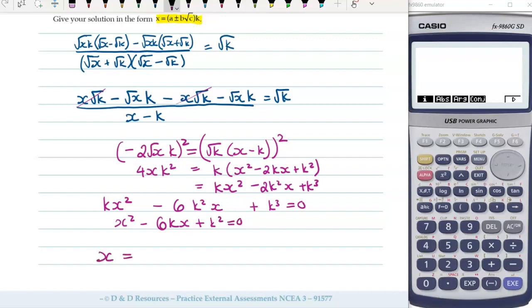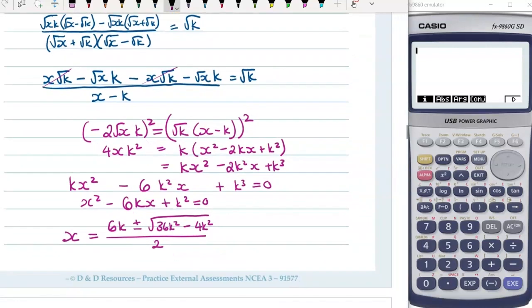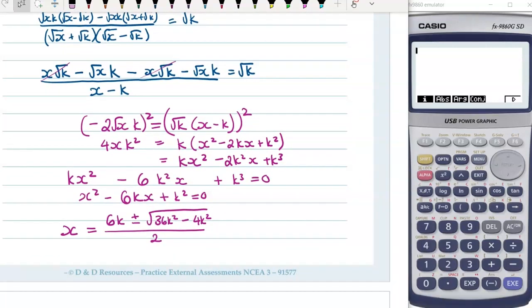Now x will be equal to, using the quadratic formula, minus b, which is 6k, plus or minus the square root of b squared, so that will be 36k squared, minus 4 times a times c, so that's 4k squared. So this now becomes, and that's all over 2. Now let's tidy up what that looks like. We will end up with 6k over 2 is 3k, plus or minus the square root of, 36 minus 4 is 32k squared, or that will be root 32k